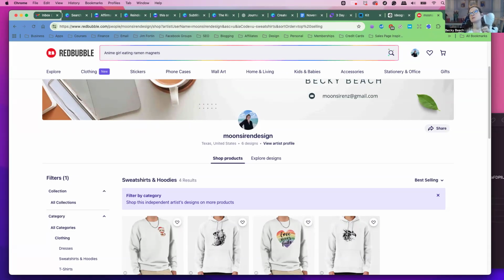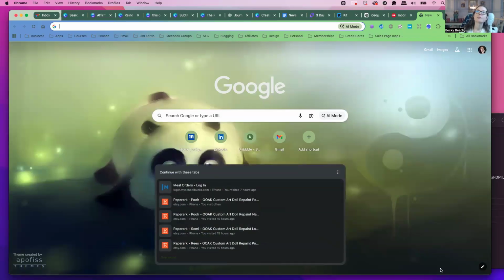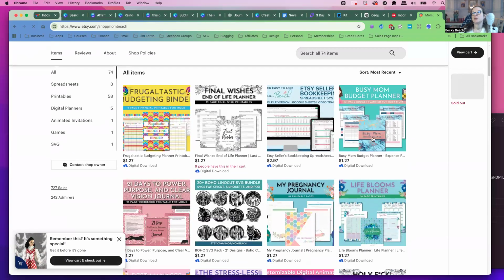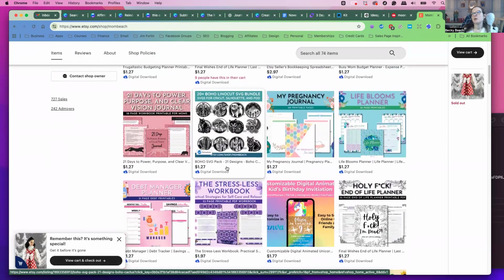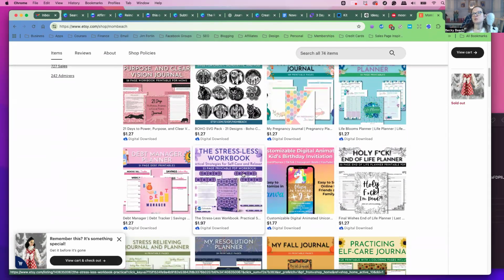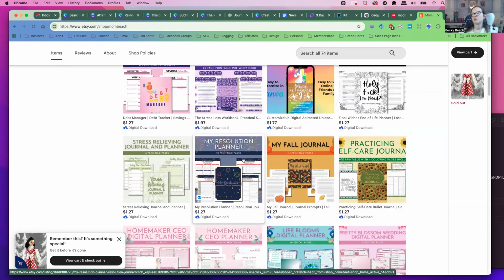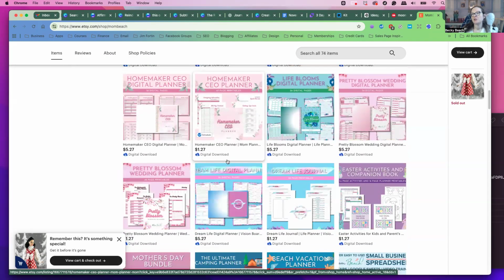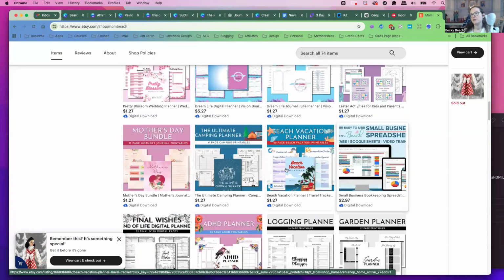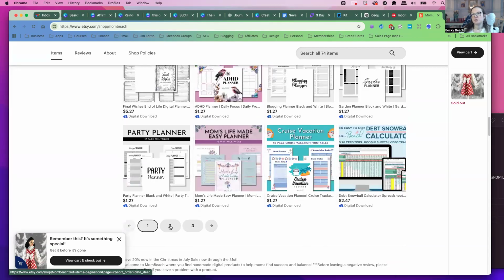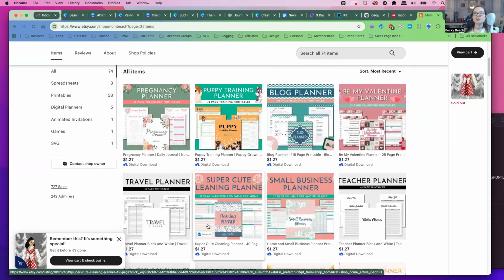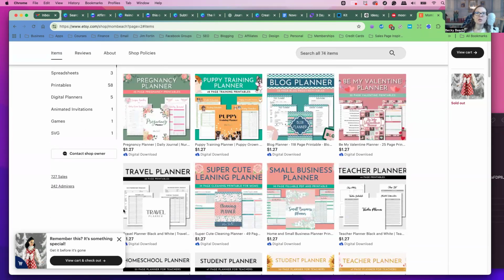Here's my Etsy store where I sell planners and journals and stuff. This is my Etsy store, and I sell spreadsheets. I made this with AI. They're these SVG bundles. And then I made this too. And then this is the life of debt planner, a resolution planner. These are different planners, and I use AI to get them started. And then I use my creativity in Canva to make them really nice looking. But I got a lot of them started with AI tools. That's my store. I have about, how many products do I have now? About 74 products.